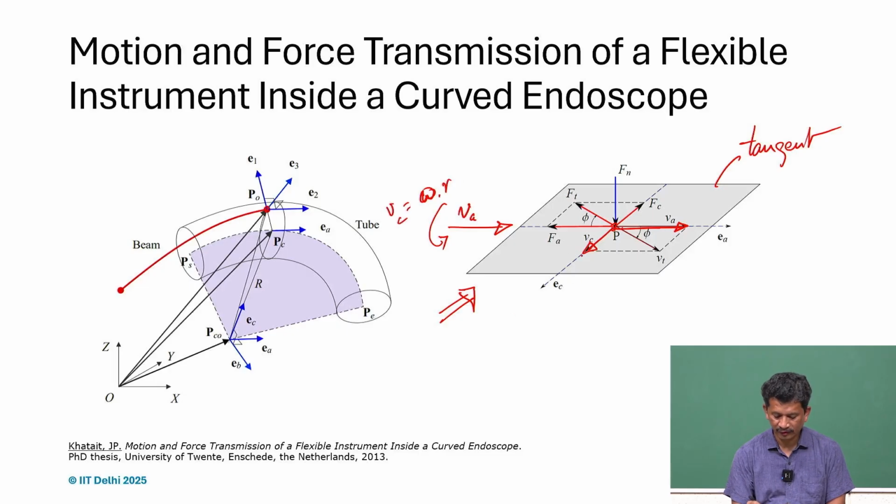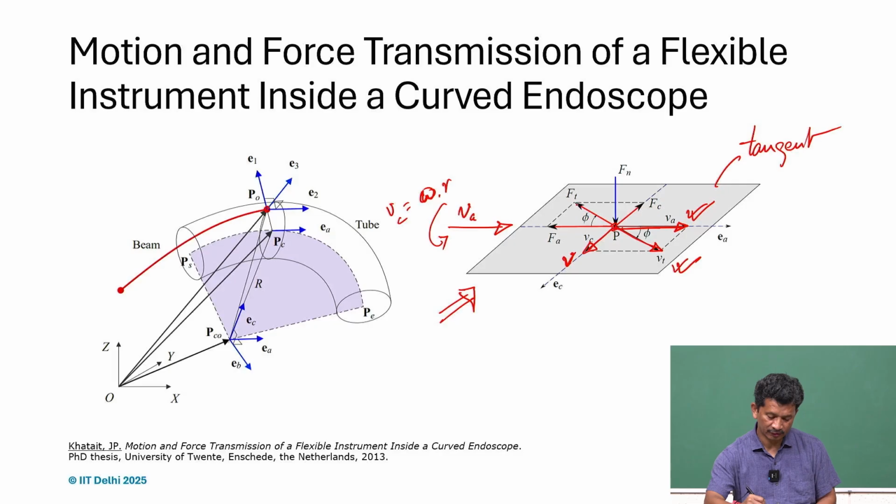So this Vc is there, so Va and Vc. Now two motions are there. If there is no rotation involved, you will have only Va, but when rotation is involved, and Vc is the velocity on the tangent plane, the effective velocity, the slip velocity, will be Vt,